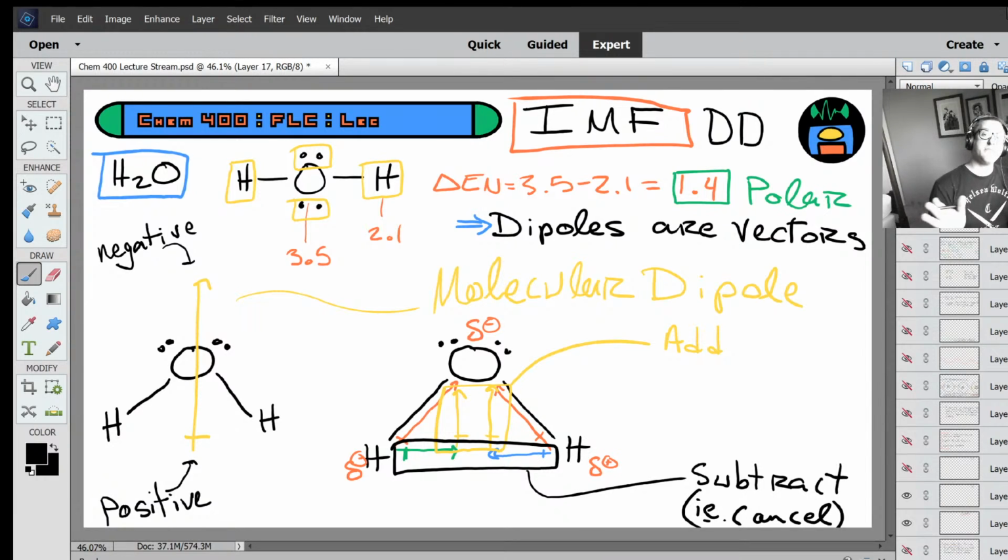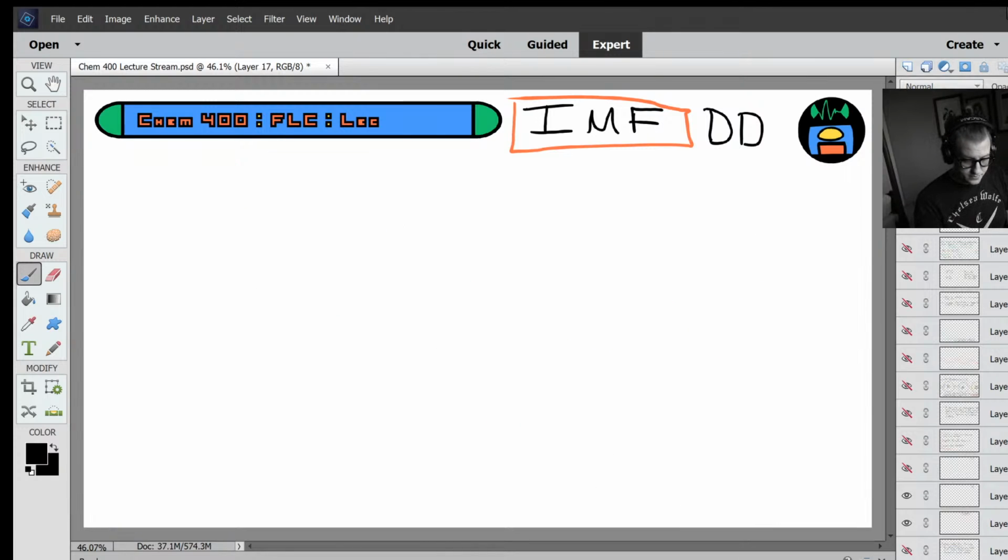With HF, no part of that dipole cancels because there's only one arrow along one bond. Whenever you have multiple bonds involved, they might, like in water, part of them cancel, part of them add, we still have an overall dipole. What you have to watch out for are instances like our next example in which the dipoles of the individual bonds cancel completely, and so you can have polar bonds in a nonpolar molecule. For an example of that happening, check out